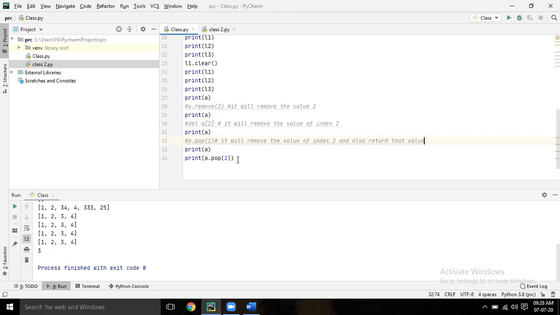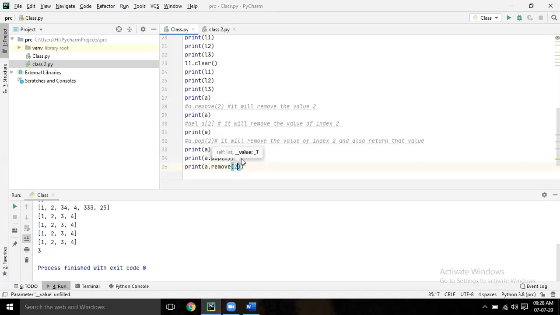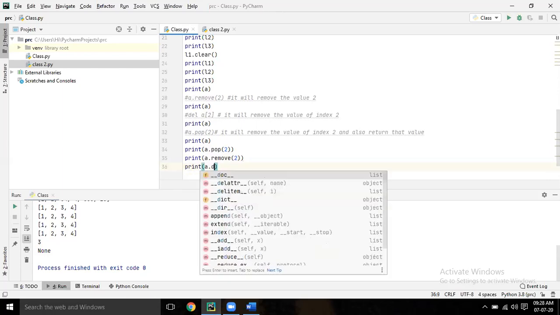Now try print a dot remove 2. Run it. If you print it, it will give none. Now print del, not a dot.